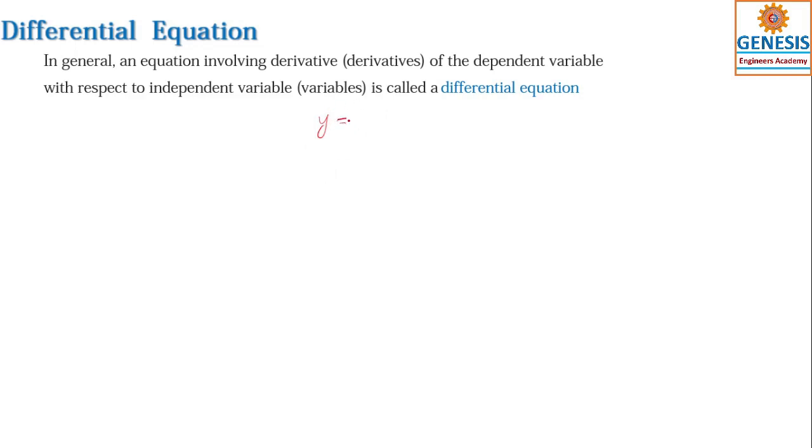is equal to some function of x, so y is dependent on x. So x is called independent and y is called dependent. Like that, y is equal to x square. If x values vary, accordingly y values vary. So the change of y value depends on x, that is why it is called dependent on x,